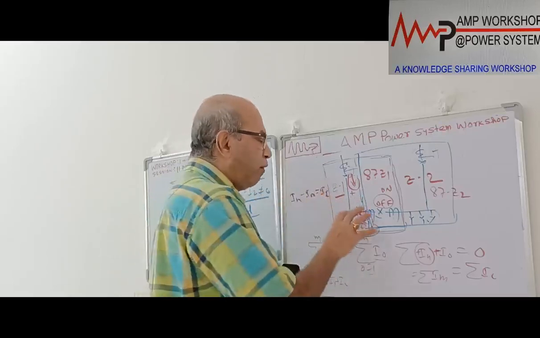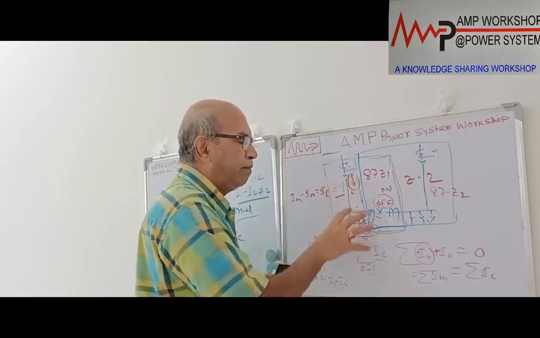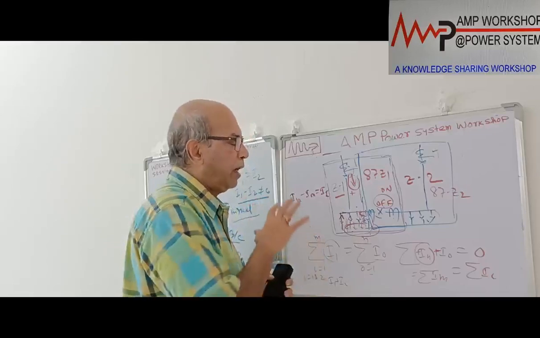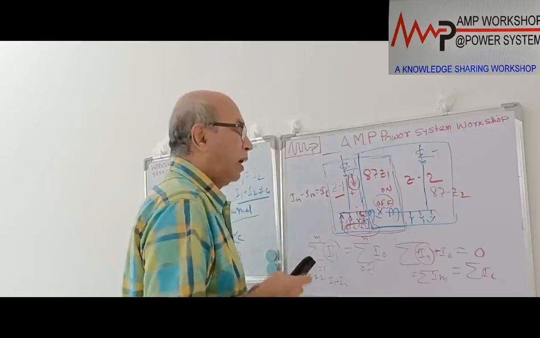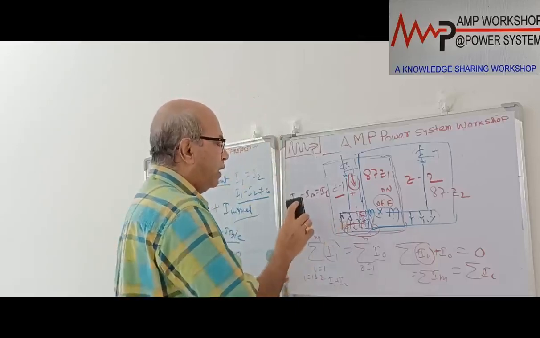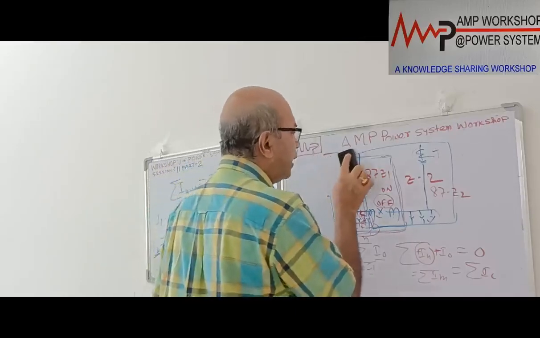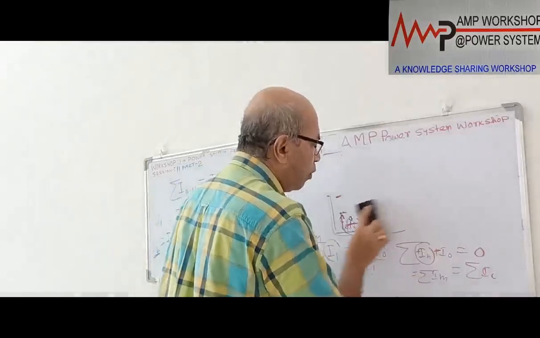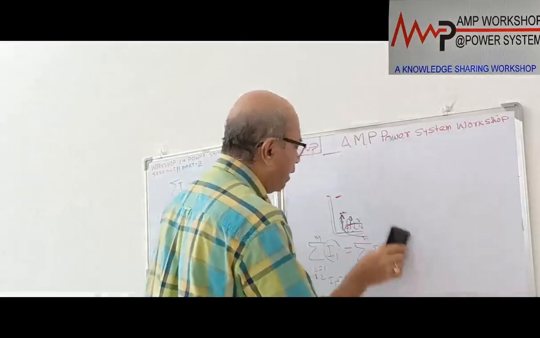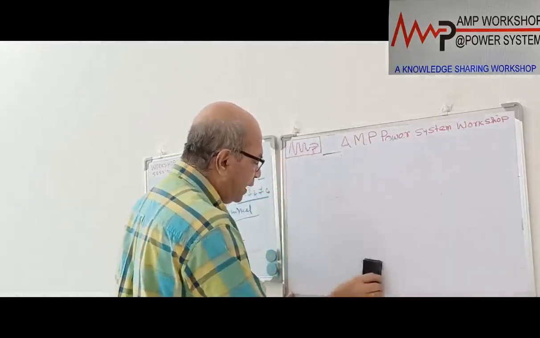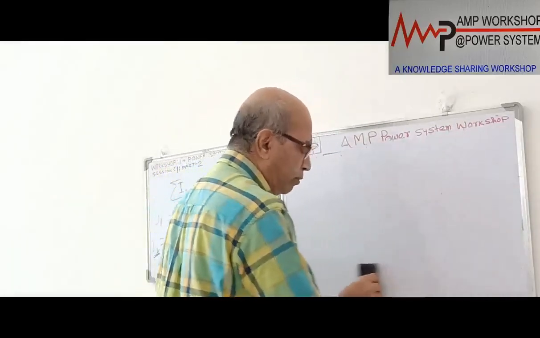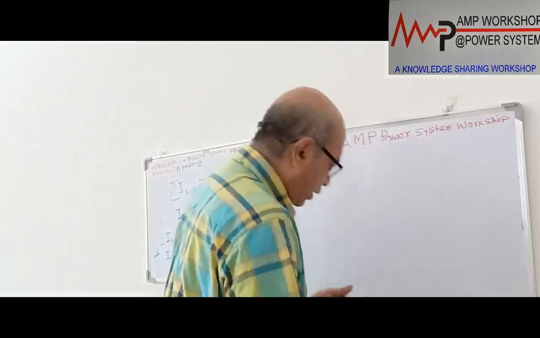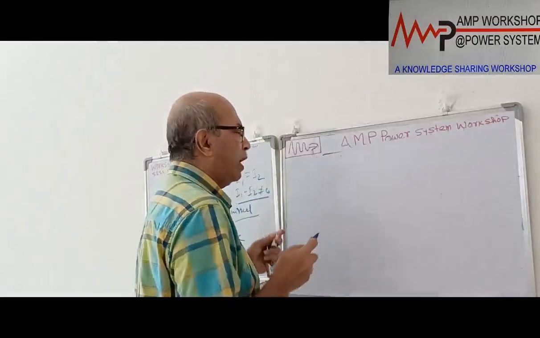The moment there is a fault on the system, that balanced condition will not be maintained. Immediately a fault current will be flowing. So this is the basic principle of the current differential. Now how will we monitor this incoming and outgoing current? We have to sum all the currents, incoming and outgoing, and the summation current will be given to the differential relay. We have already discussed the basic differential protection and how we do it.